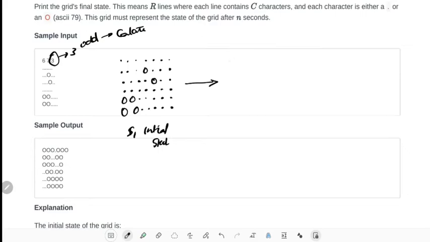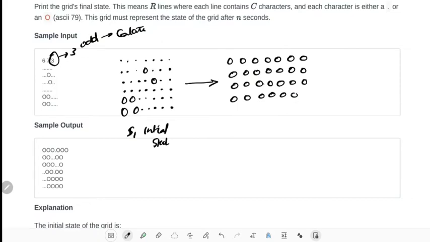So this is the initial state, and to calculate the next state I will do it like this. Initially I will make all of them O's. I will assume there is a bomb in every cell, since it is given that this is at time 2 seconds.